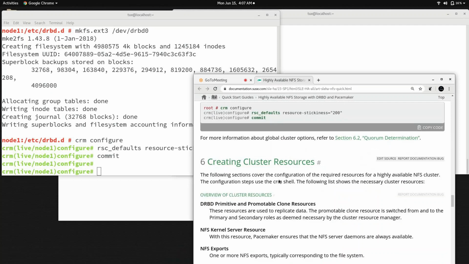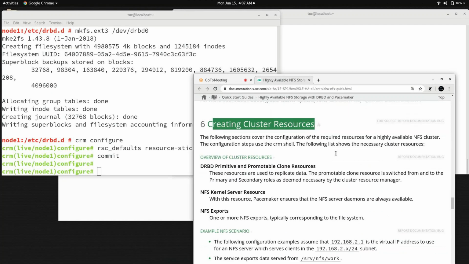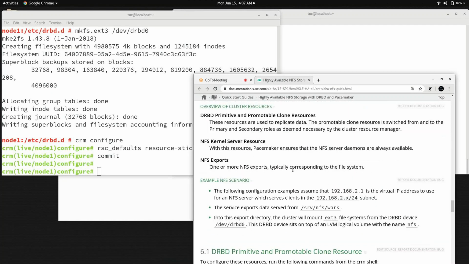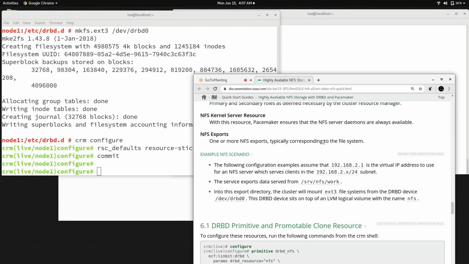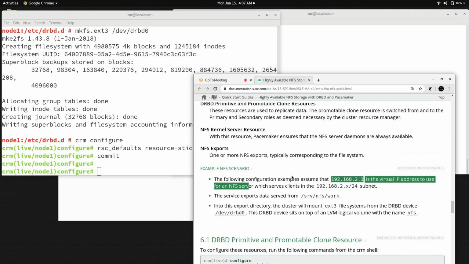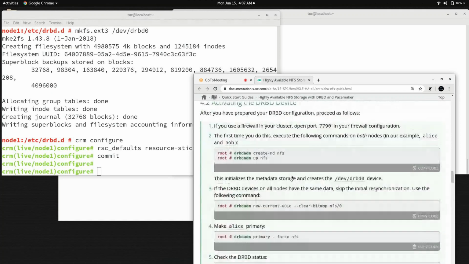Next is creating a cluster resource, because you want to manage this whole thing through the cluster. As per this page, this is the IP address used for the NFS server, and you can see this IP address was mentioned somewhere at the top.